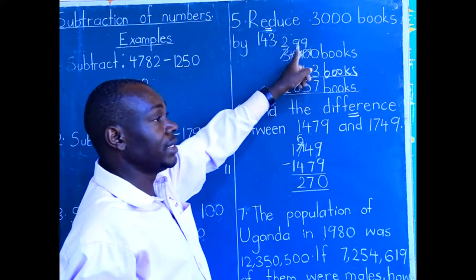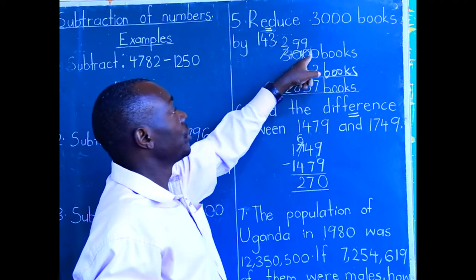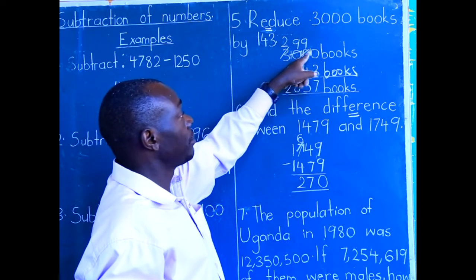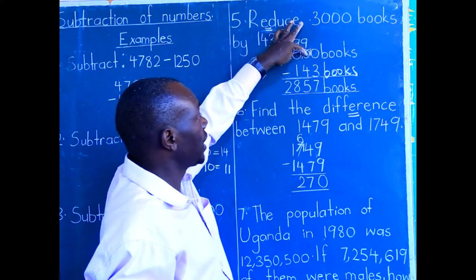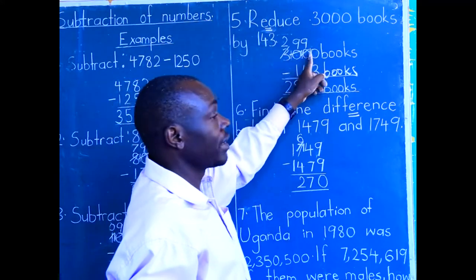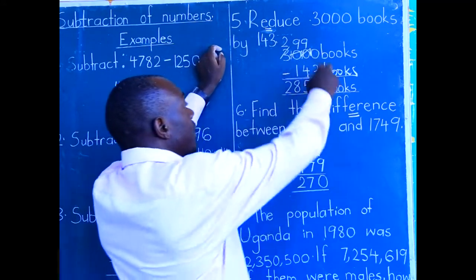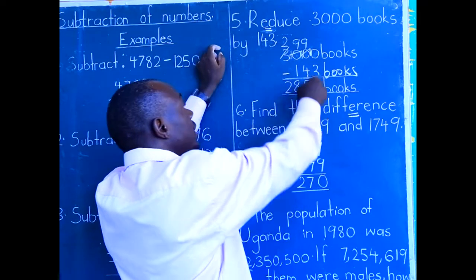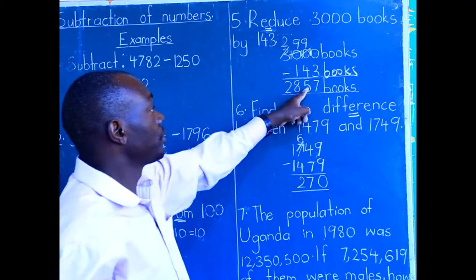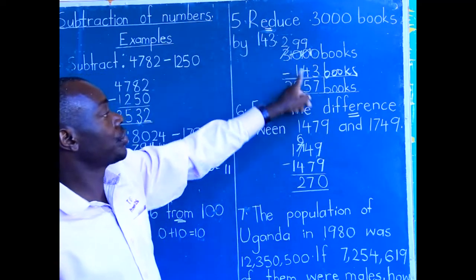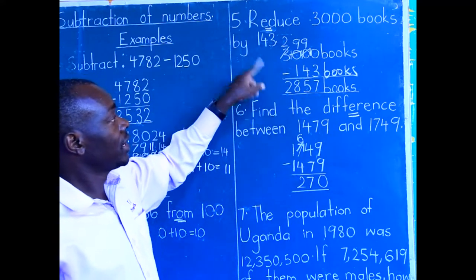And that 1 again is equal to 10. That 10 plus 0 get a 10. Still borrow to make the intended borrowing. So remain with a 9. When we borrow 1 from this 10, we remain with 9 and then bring that 10 to 0 and get a 10. Now we subtract normally. That's a 10 minus 3 is equal to 7. Remember, we remain with 9 after borrowing. That's 9 minus 4. We remain with 5. And now 9 minus 1, you get 8. And then this 2 goes down to get the reduced number of books as